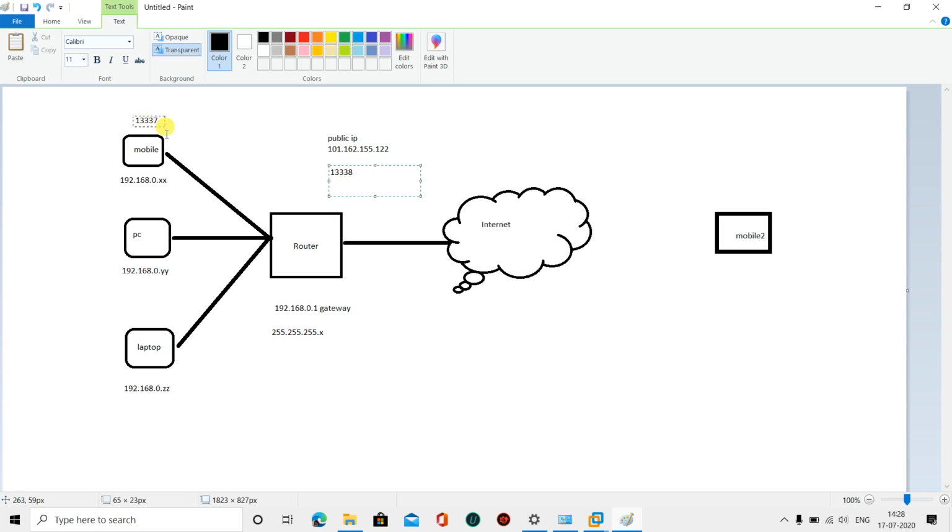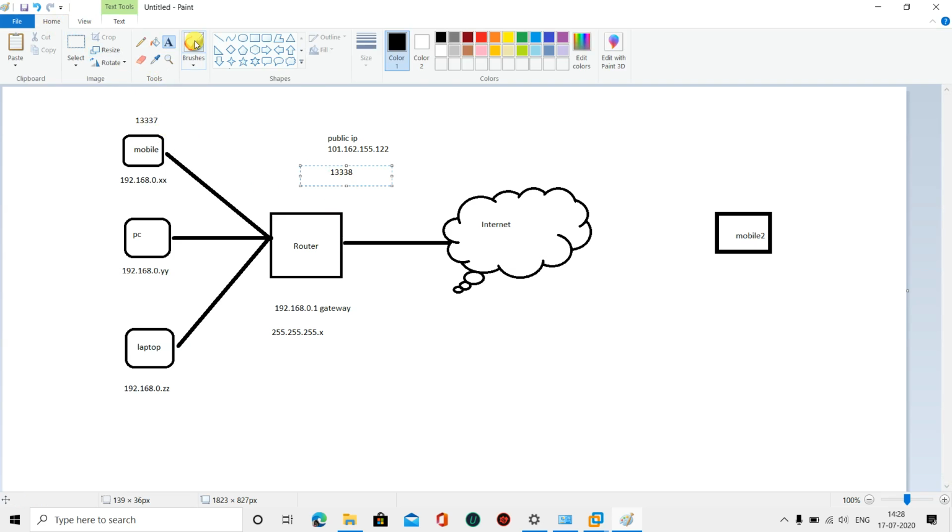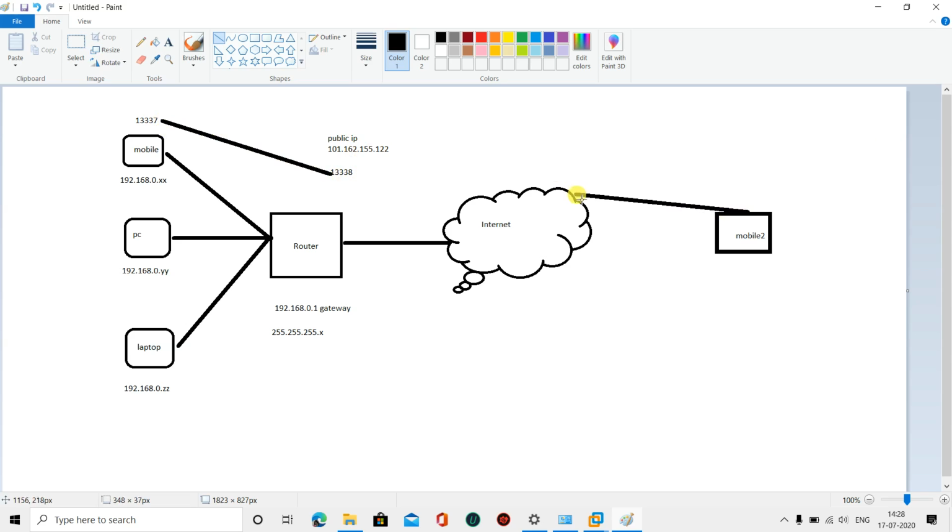So he will do port forwarding from this to this, so there will be a direct connection for him. So he can directly connect from his port through this port and he can access the devices outside the network. So the connection will be in this way.